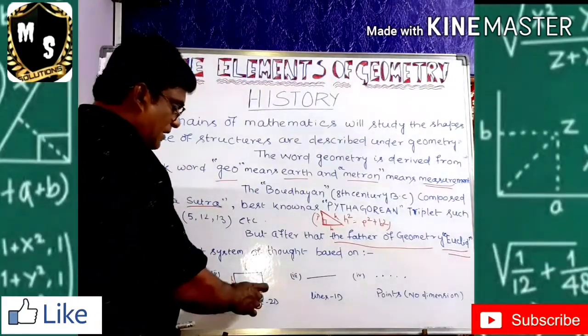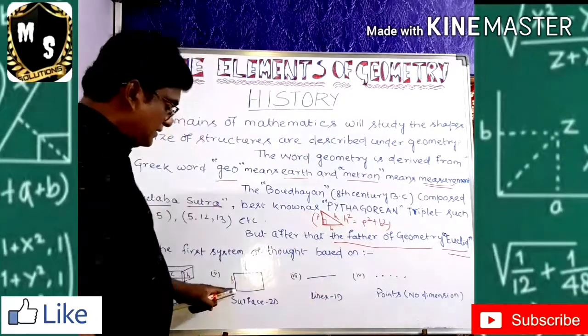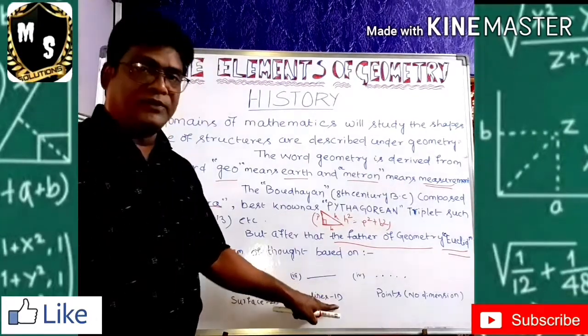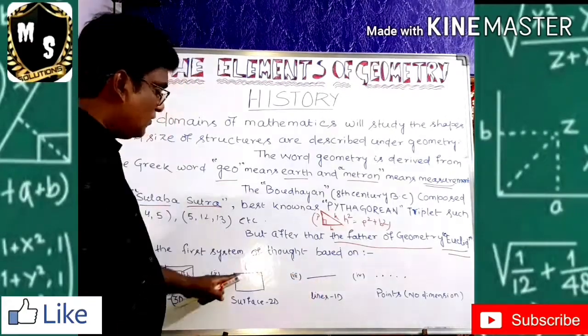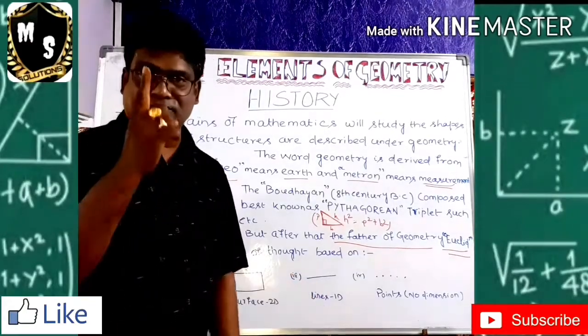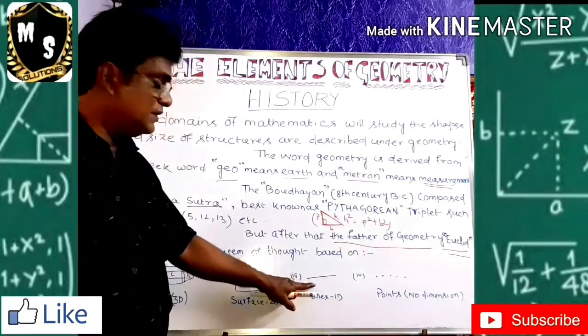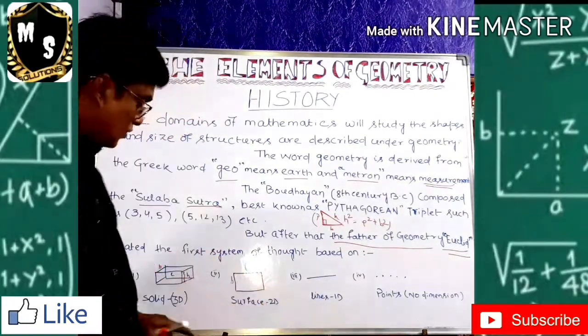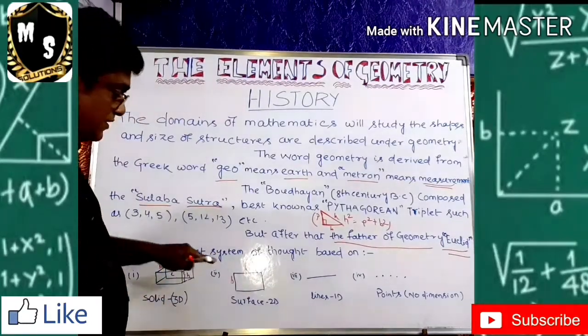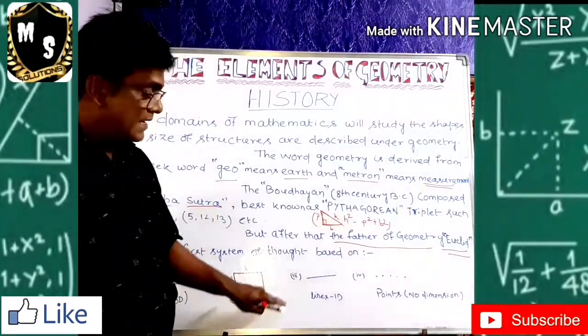So from this, if I take only one, what is this called? This is called a 1D figure, because it has only length. If I take the length out here, it is called a 1D figure because it has only 1 dimension. So this can be compared to a straight line. These are straight lines. So a 3D surface can be converted to a 2D surface, and then to a